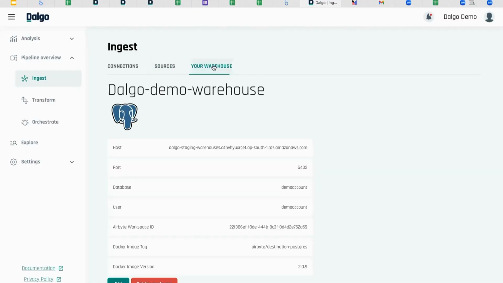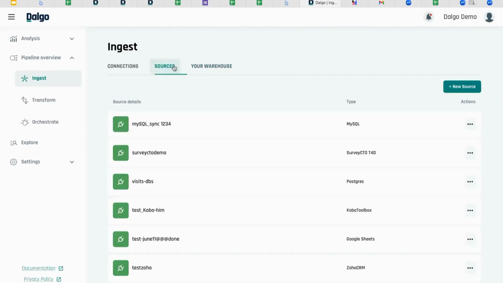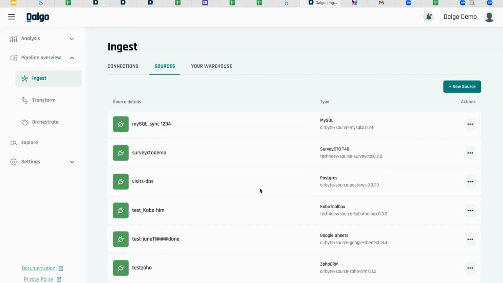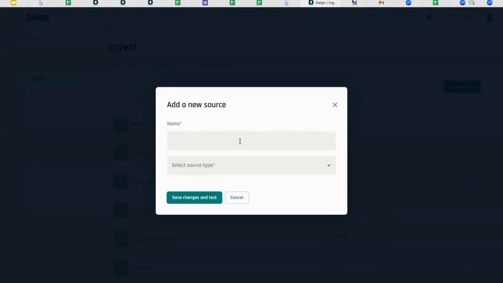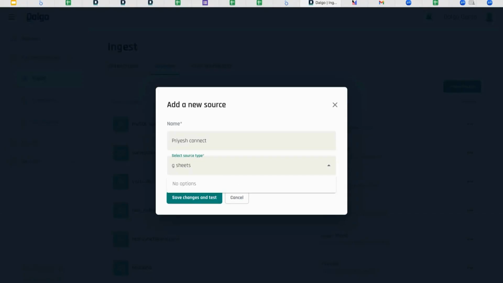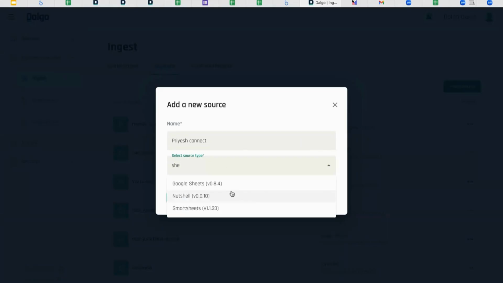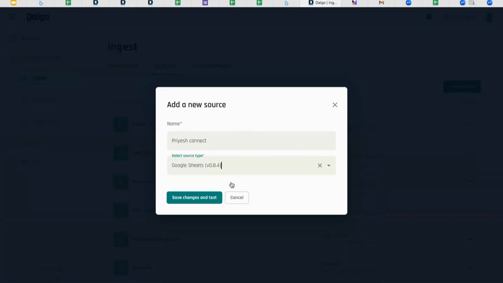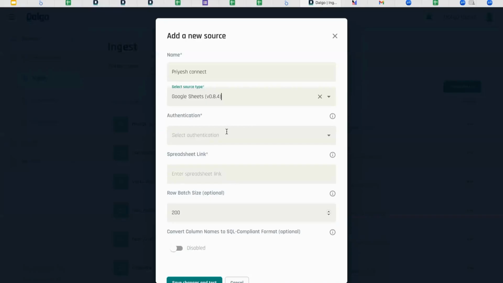जब हमारा वेयर हाउस सेट हो जाता है, तो ये एक तरह से हमारी डेस्टिनेशन है, कि हमारा डेटा कहाँ जा रहा है। अब डेटा आ कहाँ से रहा है? डेटा हमारा आ रहा है फ्रॉम वेरियस सोर्सेज। जैसे मैंने बताया, हमने 300 से ज़्यादा कनेक्टर्स बनाए हैं, और वो कुछ भी हो सकता है। तो अभी हम शीट्स यूज़ कर रहे हैं, तो शीट्स टाइप करेंगे तो हमें मिल जाएगा कि वो हमें कनेक्ट करना है, और उस पर क्लिक करेंगे तो देयर विल बी अदर फील्ड्स आल्सो ओपन अप, जहाँ कनेक्शन करने के लिए एक्चुअली ये फील्ड्स की ज़रूरत होती है, ताकि हम उस कनेक्शन को बिठा पाएँ, वो शीट कौन सी थी जहाँ डेटा आ रहा था, और ये डायल्गो में कैसे जुड़ रही है।